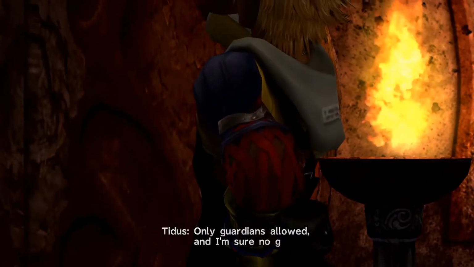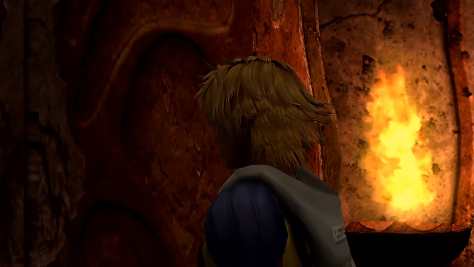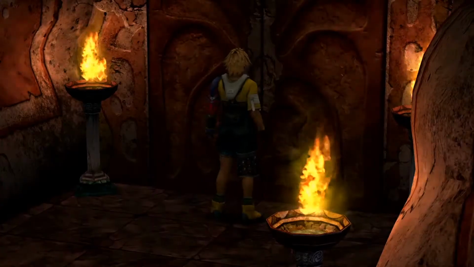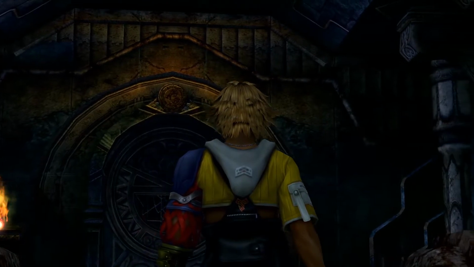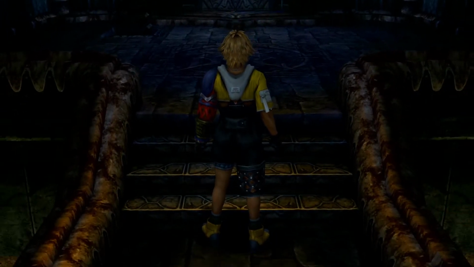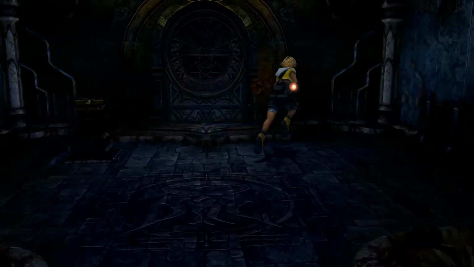Let's go inside. Guardians allowed, and I'm sure no guardian, into the Kilika Cloister of Trials. Well, I guess it's too late now. Because for whatever reason, the elevator isn't working, so we can't go up, so it looks like we have to go ahead and do all of this. I can't think it's going to benefit Yuna very much. I mean, the idea is that her and the other Guardians, Wakka, Lulu, Kimahri, are already ahead, so...